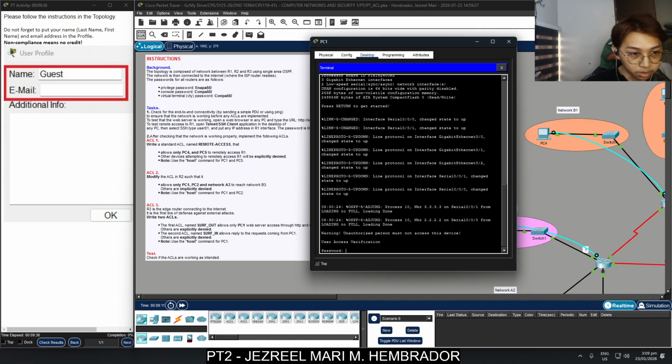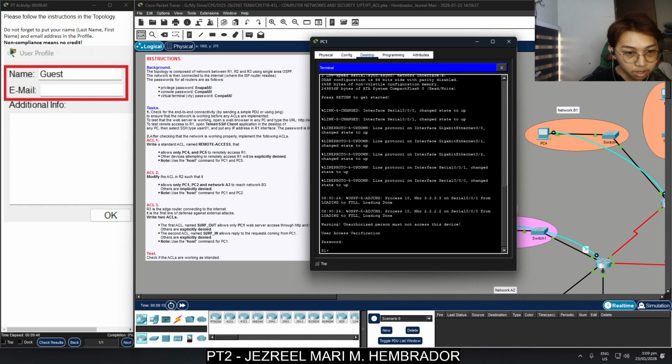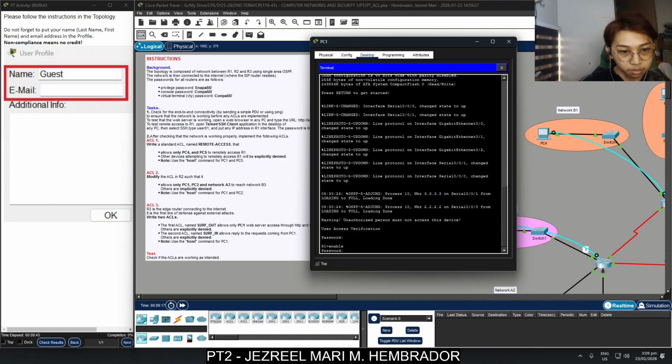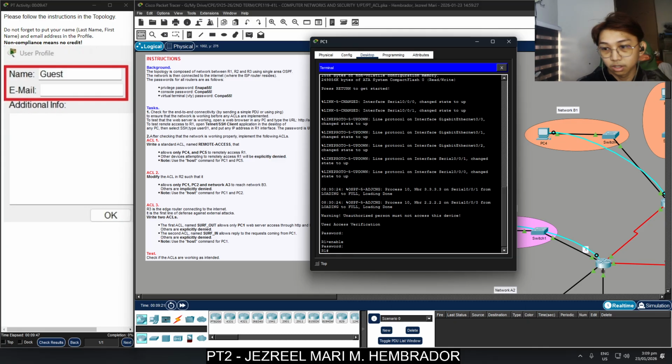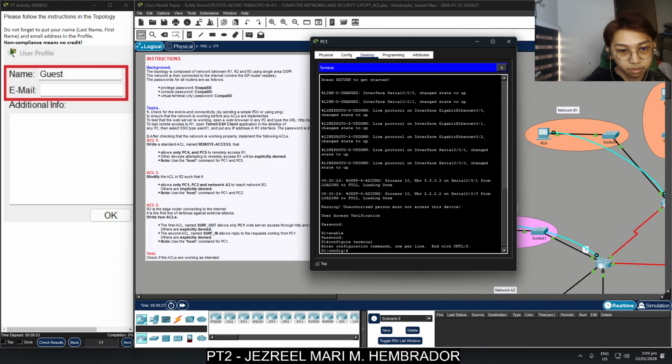So we're going to enter the password conpa55 exclamation, and then enable, then enpa55 exclamation, and then we're going to configure terminal, and then we're going to type ip access-list standard remote access.